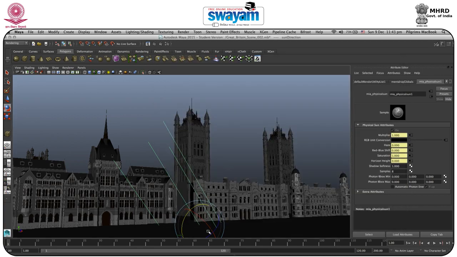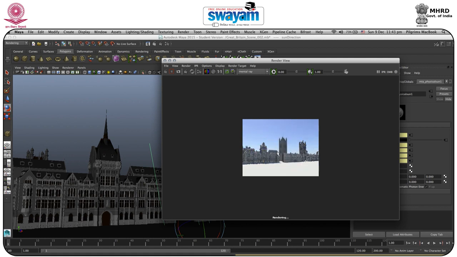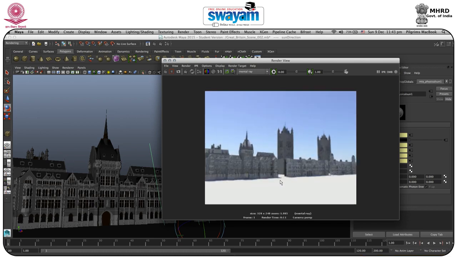But what happens if you rotate this and put it somehow like this? Let's see. The front part is getting darker and the back part is getting lighter, and the shadow is generating here.